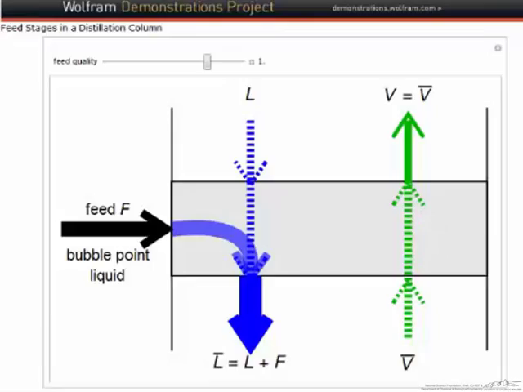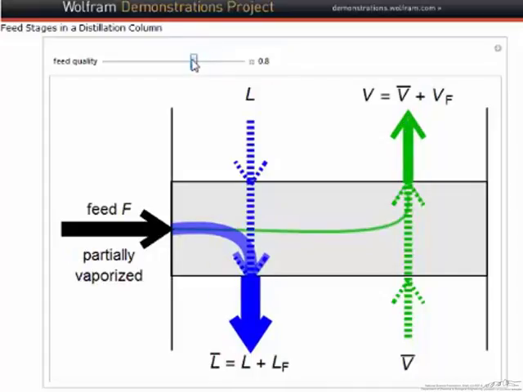In this dynamic simulation, the feed starts as a saturated liquid, with the arrows showing that all the feed flows down the column, increasing the molar flow rate of the liquid below the feed compared to that above the feed. Q is equal to 1, and the slope of the Q line is infinite, giving us a vertical line on an XY diagram. As I move the slider, the feed is changed from saturated liquid to two-phase, with some liquid